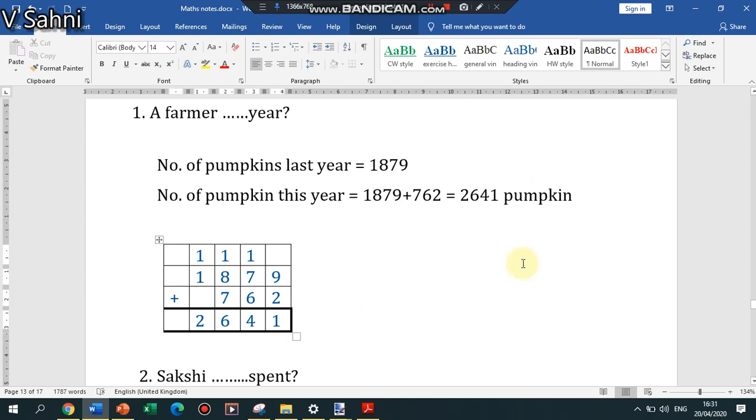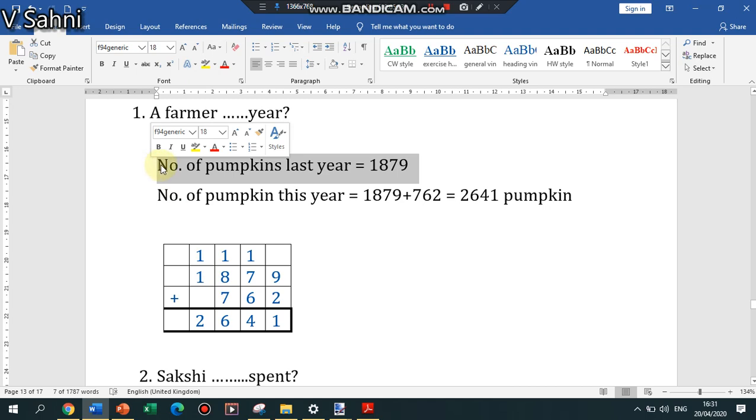Okay, I will cut your half mark. And the good thing is that sometimes you make silly mistakes in the totaling also, and your answer is wrong. In that case also, if you have written the statements correctly, I will give you half mark. Even if your answer is wrong, but if you have written the statements correctly, you will get half mark. So what I'm trying to tell you is writing statements is compulsory.